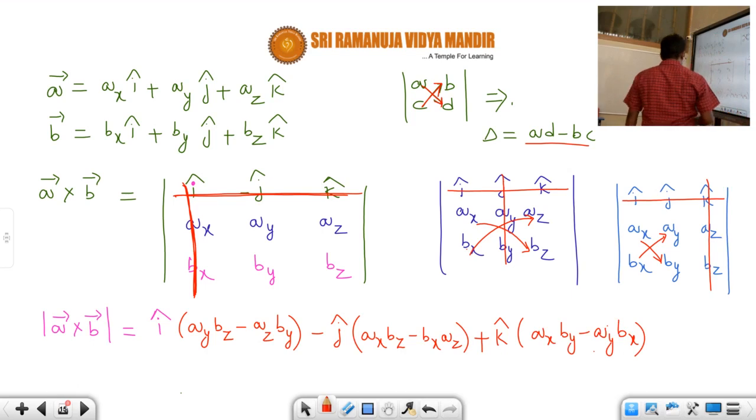Okay, students. So that's how we should calculate the magnitude of A bar cross B bar if the vectors A bar and B bar are given in unit vector form. Of course here they have given in 3 dimensions, students: I cap, J cap and K cap. This is slightly difficult and lengthy, but doesn't matter, you have to learn it. As you hear again and again, it will become easy, students. In the beginning you may feel that it is difficult, but it's not difficult.